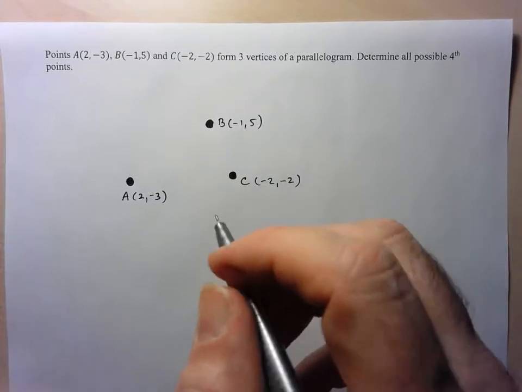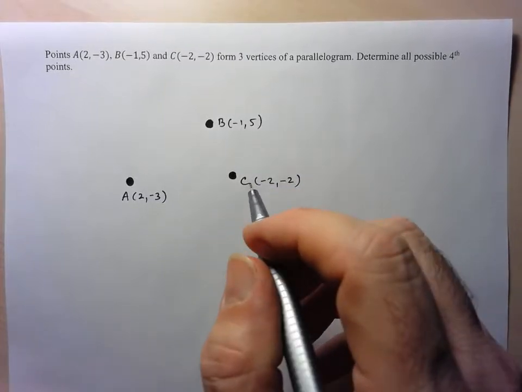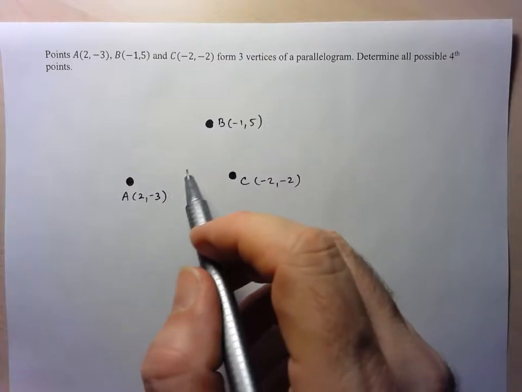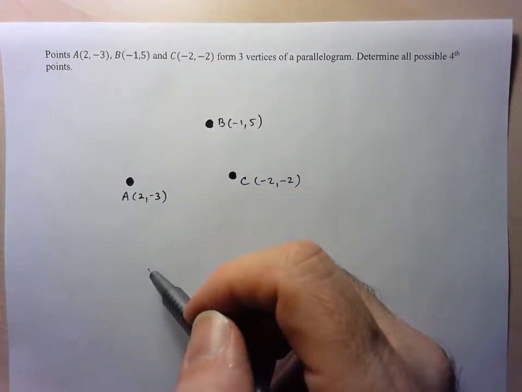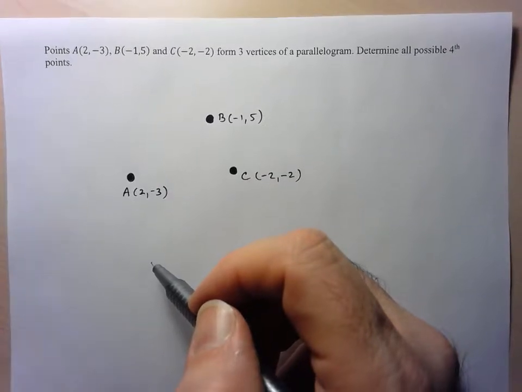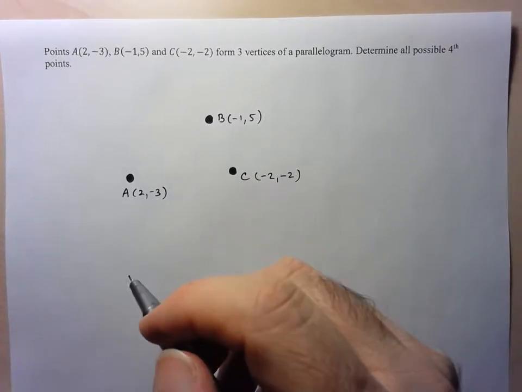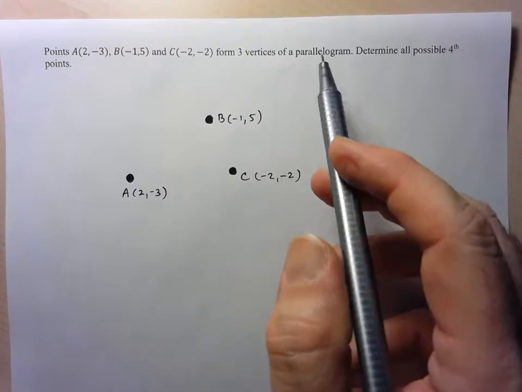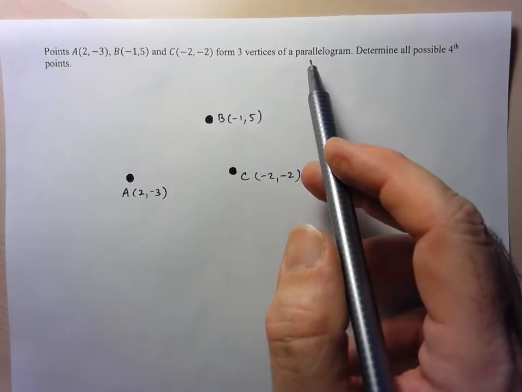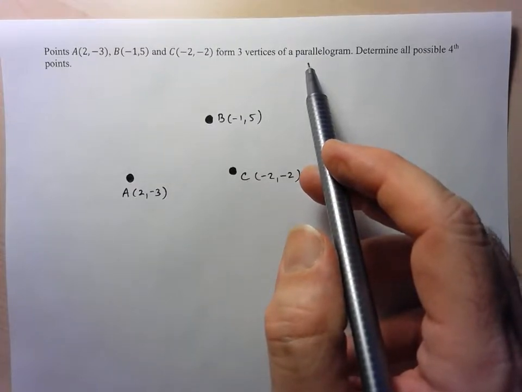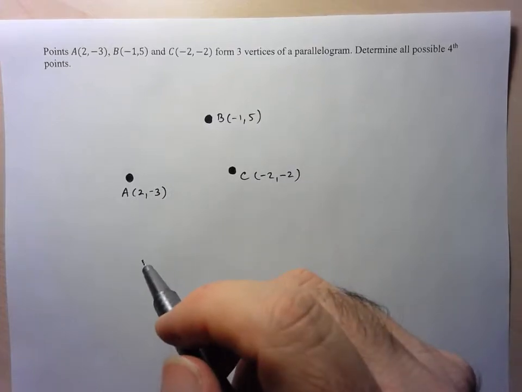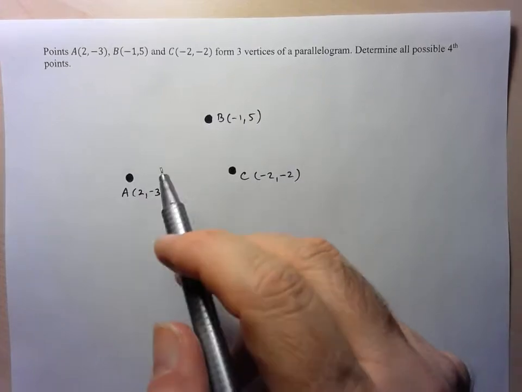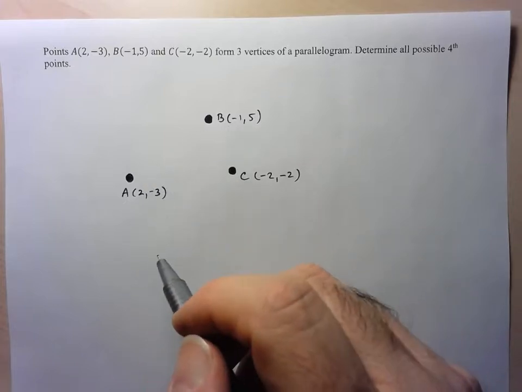Back in grade 10, you might have solved these using rises and runs or slopes, but we're going to solve this using vectors. So let's see if we can figure out where one of our points would be. Let's remember first of all what a parallelogram is. It's a shape that has two sets of opposite, parallel, and equal sides. They don't all have to be the same size, but the opposite ones do,